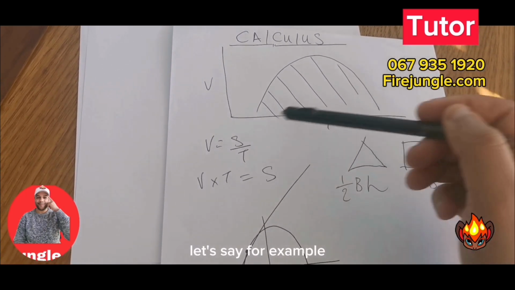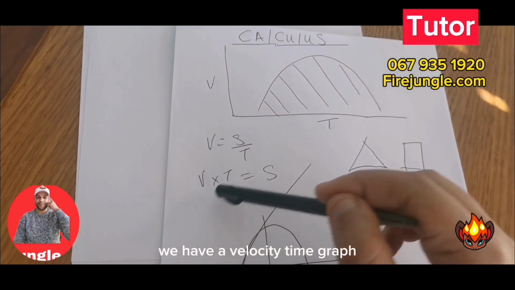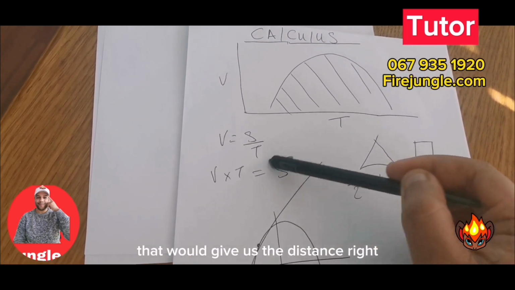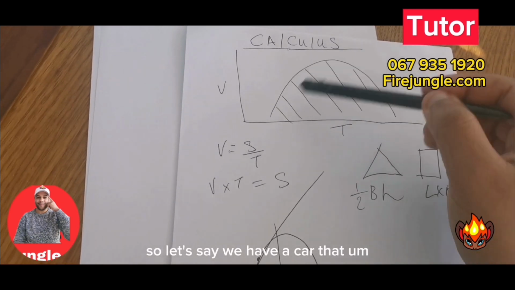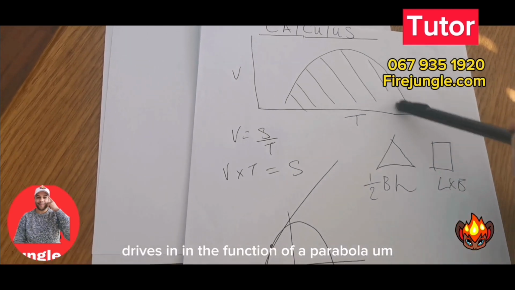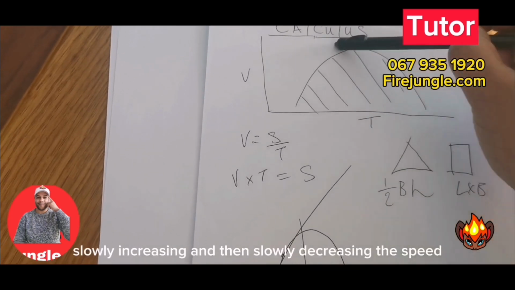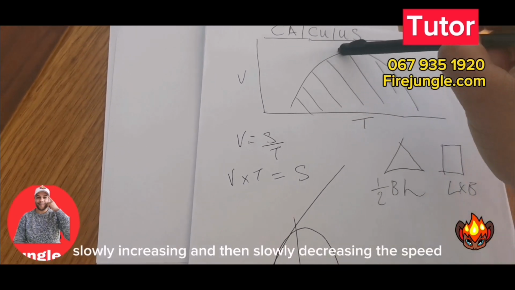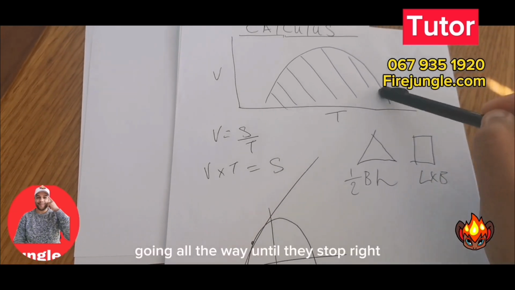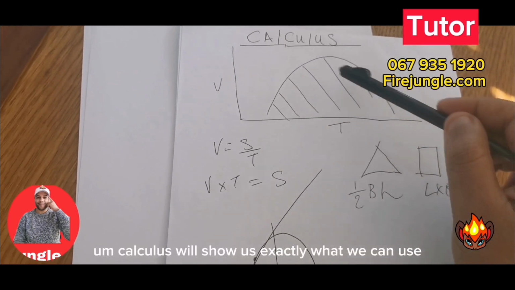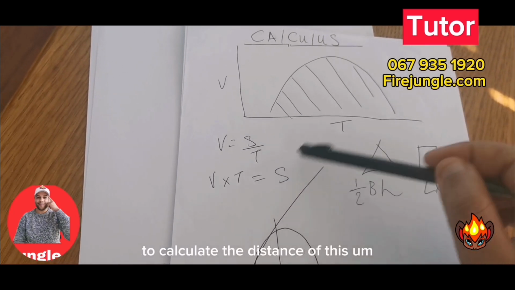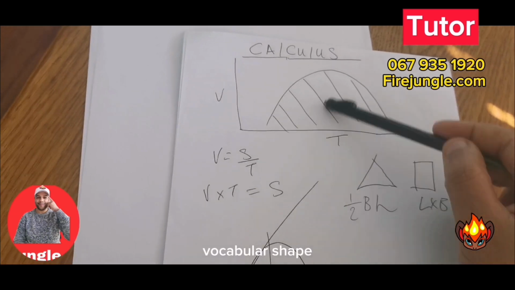For example, we have a velocity time graph, and to calculate the area inside would give us the distance, right? So let's say we have a car that drives in the function of a parabola, slowly increasing and then slowly decreasing the speed, and then going all the way until they stop, right? Calculus will show us exactly what we can use to calculate the distance of this parabola shape,